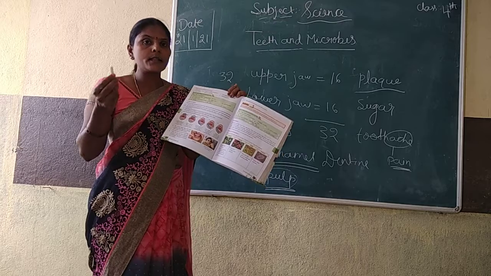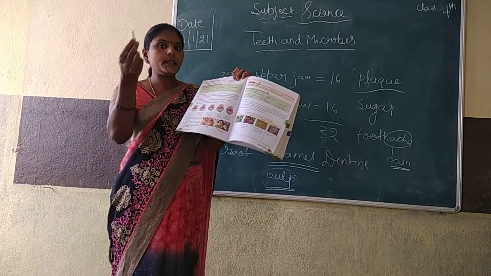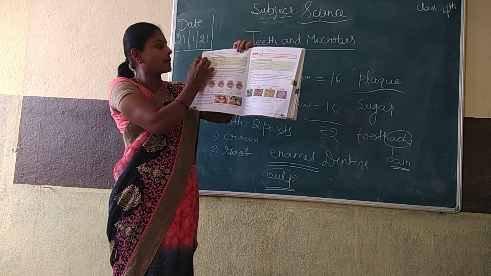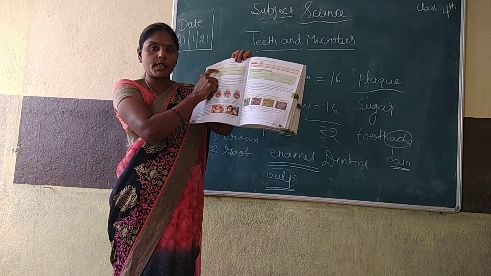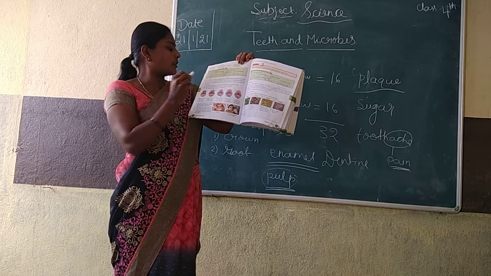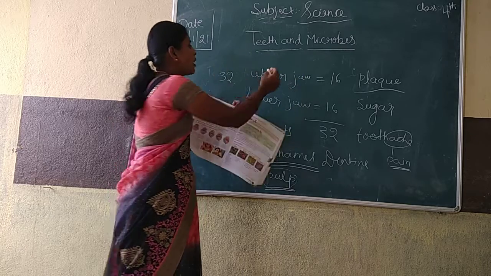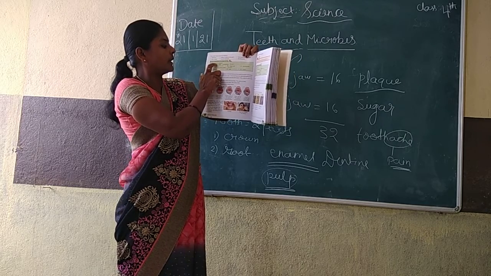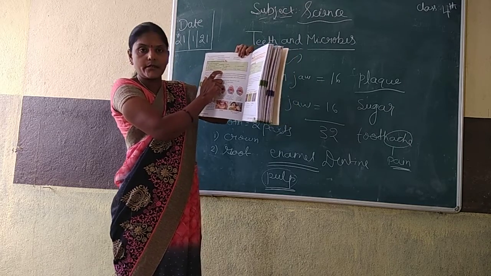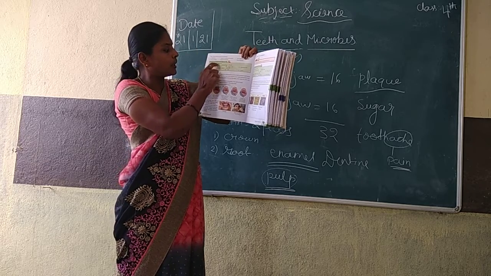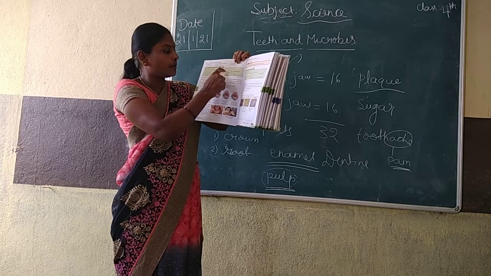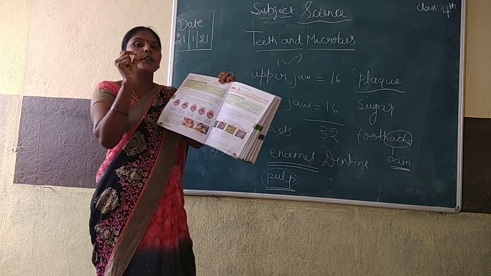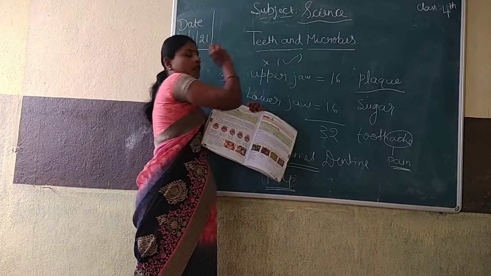Now take a pencil. Again I am telling, take a pencil. Ready. Page number 168. See this green color box, multiple choice questions. You have to tick mark the correct answer here. You have to tick like this. See, the question is given, and below that three options are given. Near each option a circle is given. You have to tick which is correct, and leave the others.